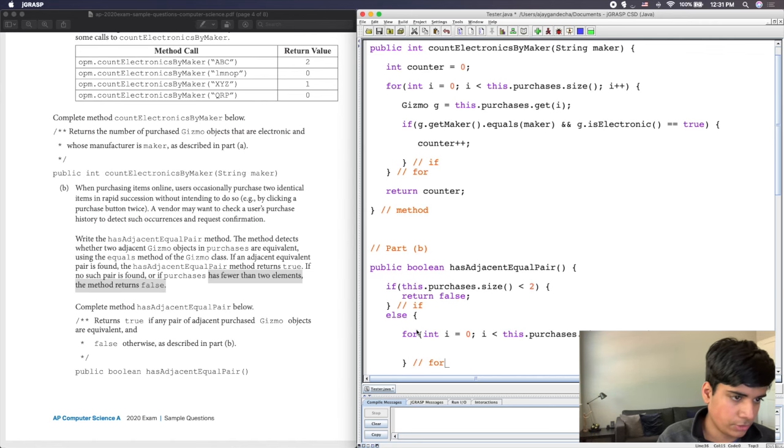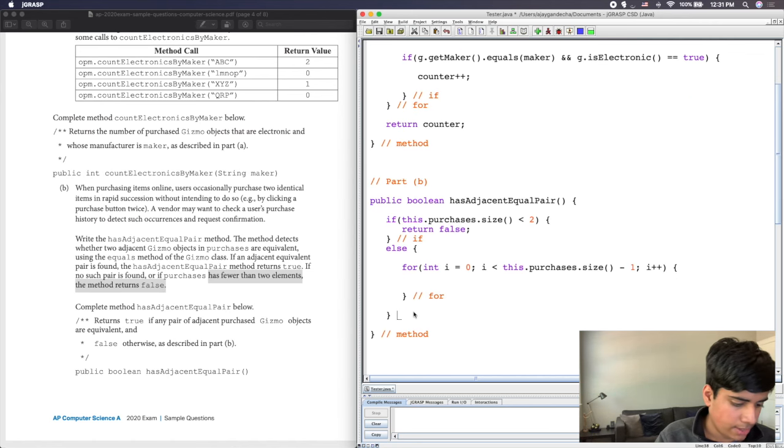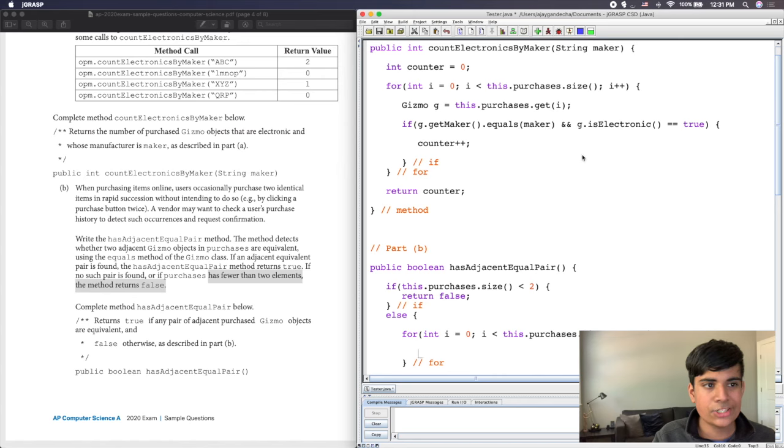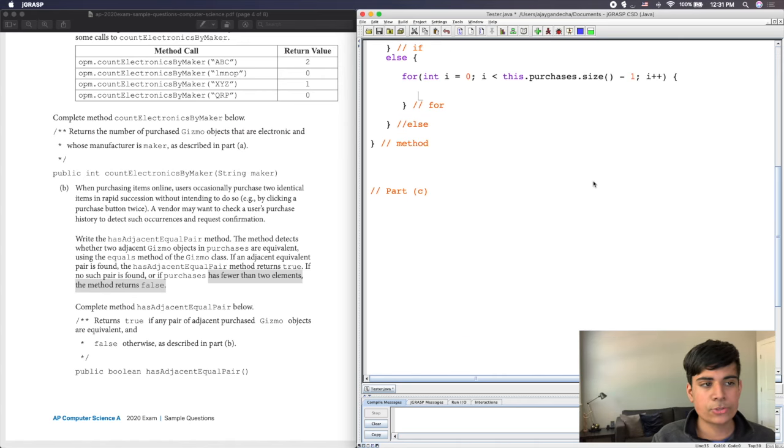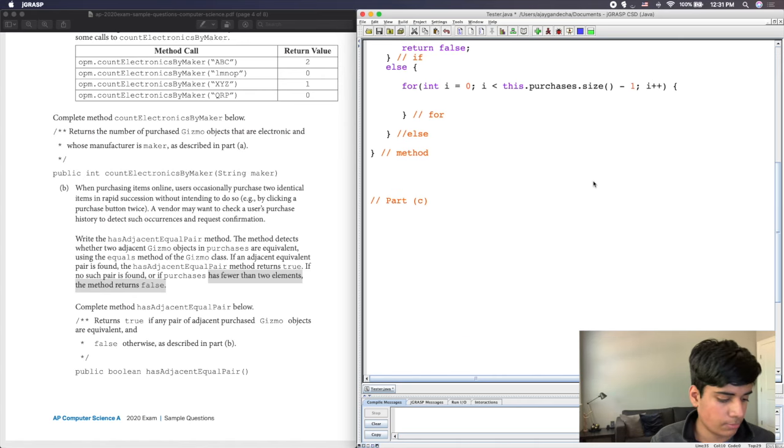So this is a for loop. This is else right here. All right, so now inside of my for loop, I need to do the same thing that I did up here, where I need to create some sort of variable to represent my gizmo object. So what I'm going to do is I'm going to say gizmo first equals